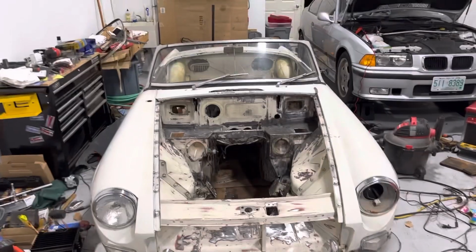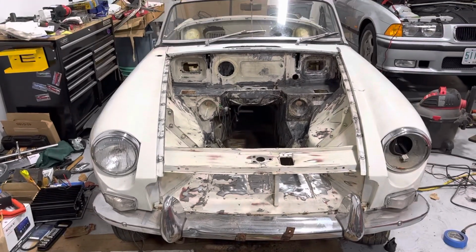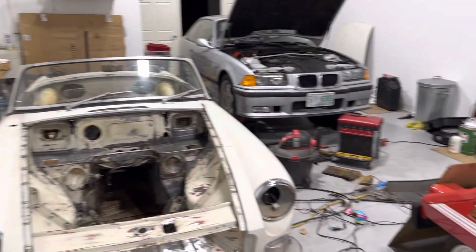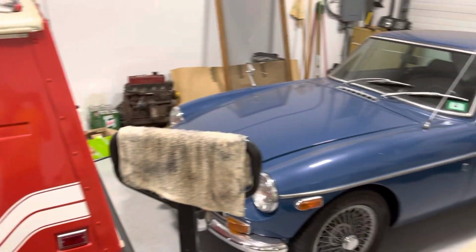Okay, quick video here just to update status on the MG project. Partially to document for myself, partially to show everybody how messy the garage is right now, which is not terribly unusual, but it's particularly bad at the moment, the Metro. Anyhow,